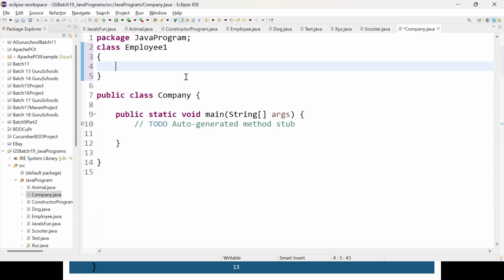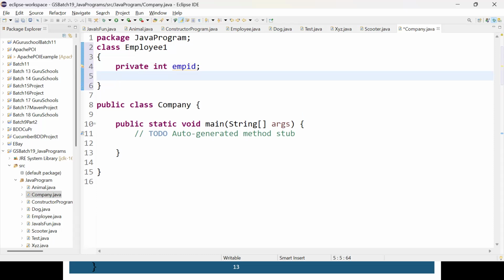So here we will declare a private variable, private int employeeID. Okay, so this is a private variable. Now there is a public method. What is a public method? Getter and setter method. Okay, so public void